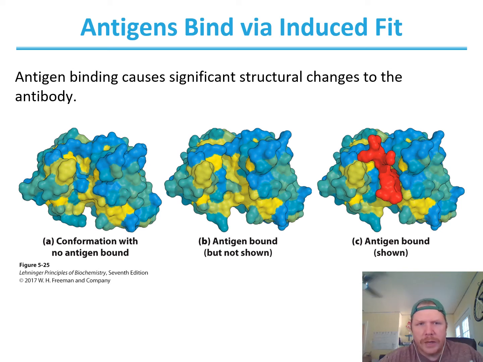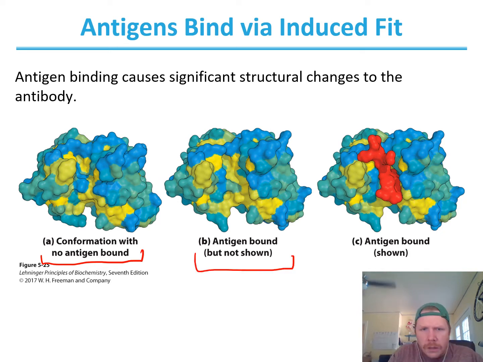So antigens bind to antibodies via the induced fit model of protein ligand interactions. If you look at these different models, we've got our protein conformation when no antigen is bound, and when the antigen is bound. One of the things that I'd like you to see is, and this is something that you as scientists, I'm sure, have